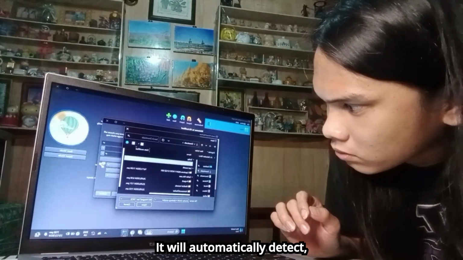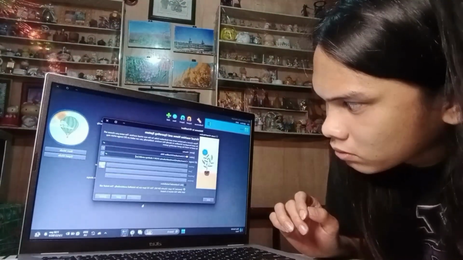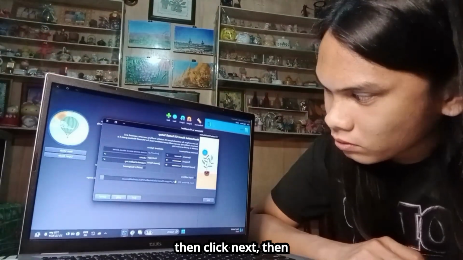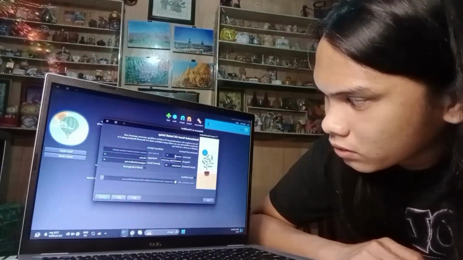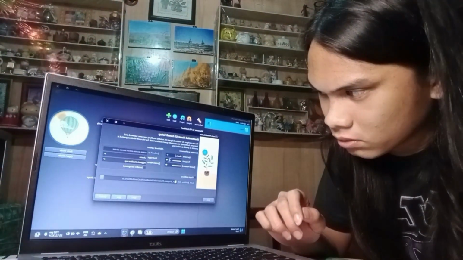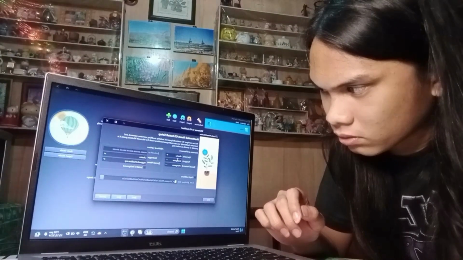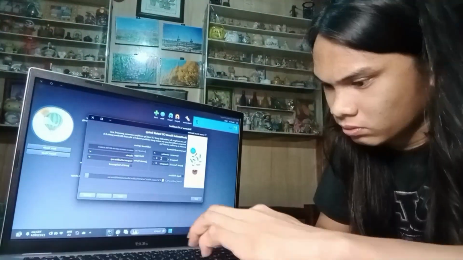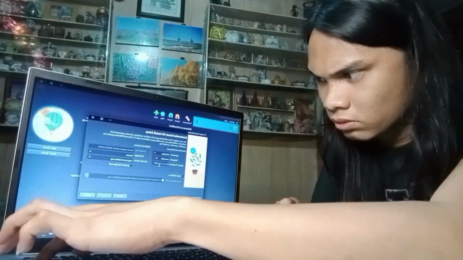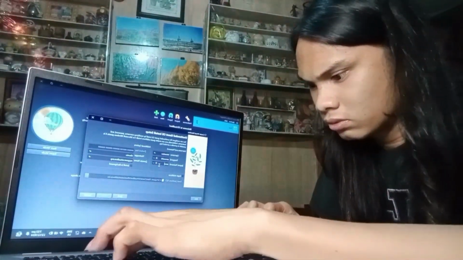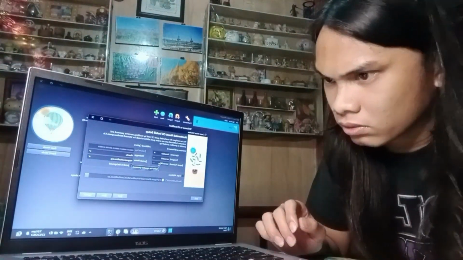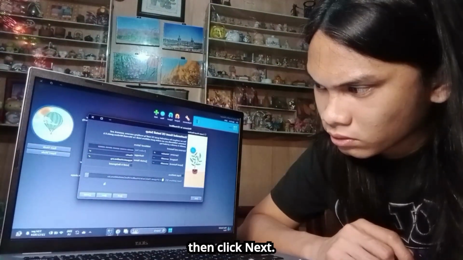It will automatically detect, then click Next. Then put a username, then password, and re-enter password. Leave the hostname as default, then click Next.